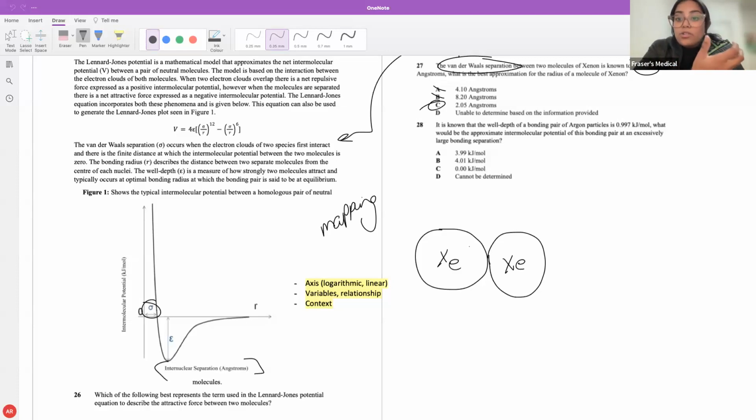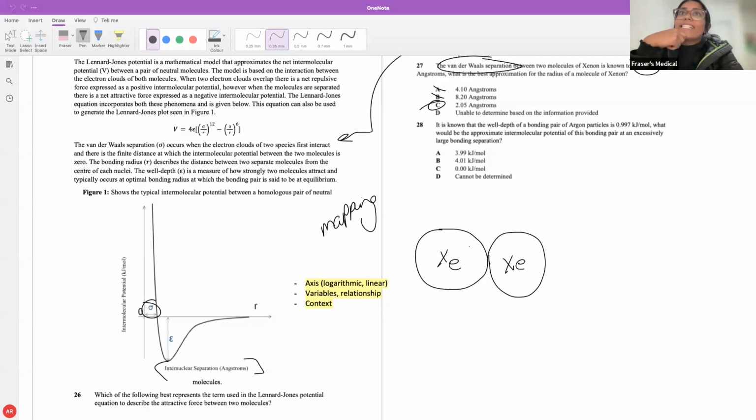Now, someone's asked, can you use the graph? There's nowhere where it says according to the formula or according to the graph. It says just given the information. So use anything that has intermolecular potential there, because that's the source of information for answering the question. Given that we've got the well depth, people might think, oh, there's numbers, so I have to calculate something.